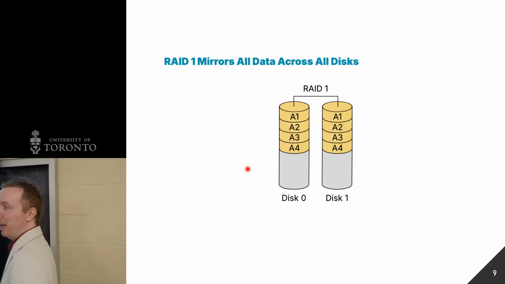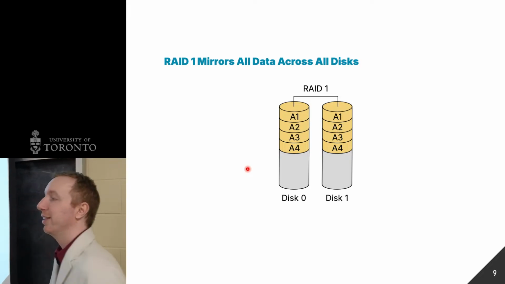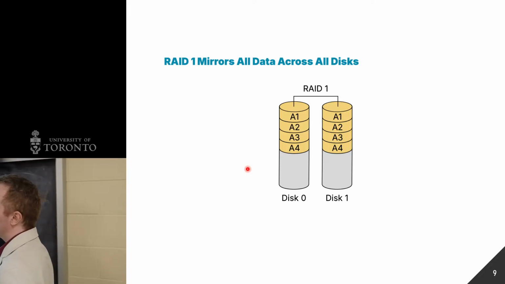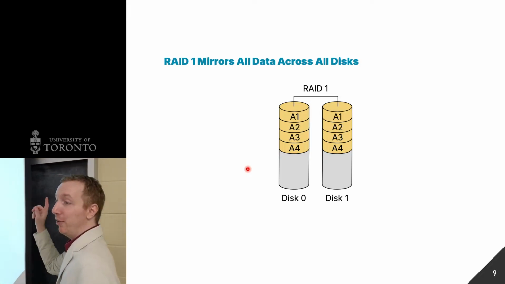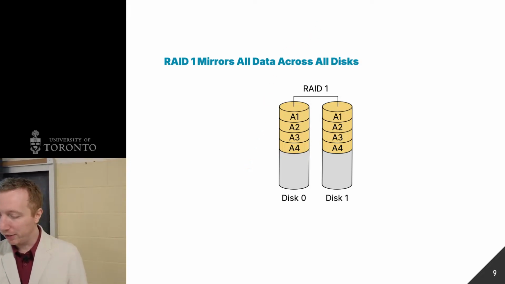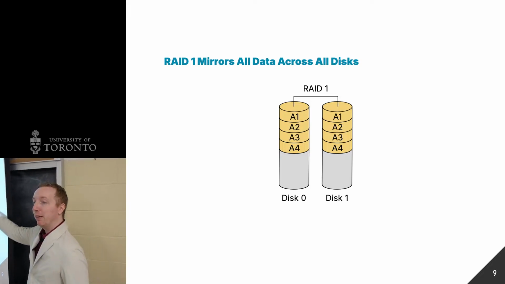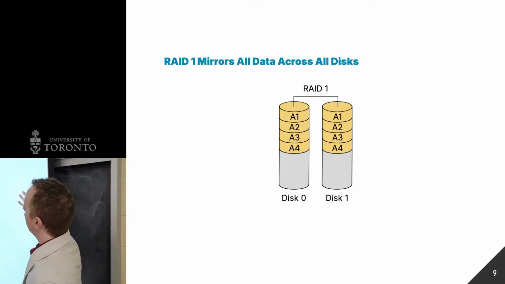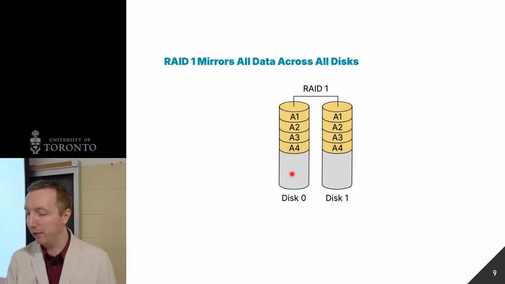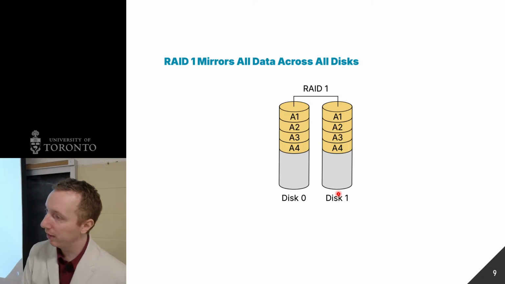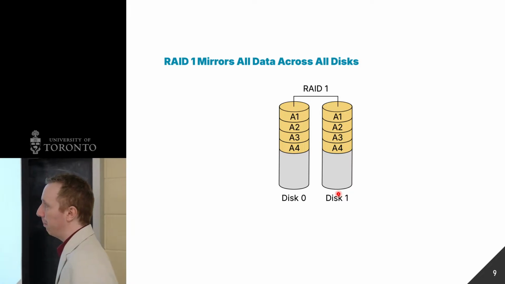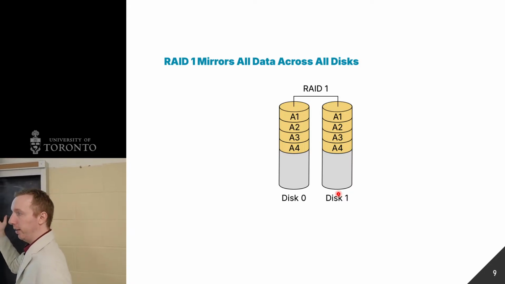Why would it be the same as a single disk? Yeah? Yeah, so in this case, you could actually still do the reads in parallel. Just because the data is there doesn't mean I have to read all of it from the disk. So I can have the same idea as before for reads. I could read the odd half of the file from this disk and the even half from this disk. And if I do that in parallel, then my read speed would go up by a factor of 2, or however many disks I have here.